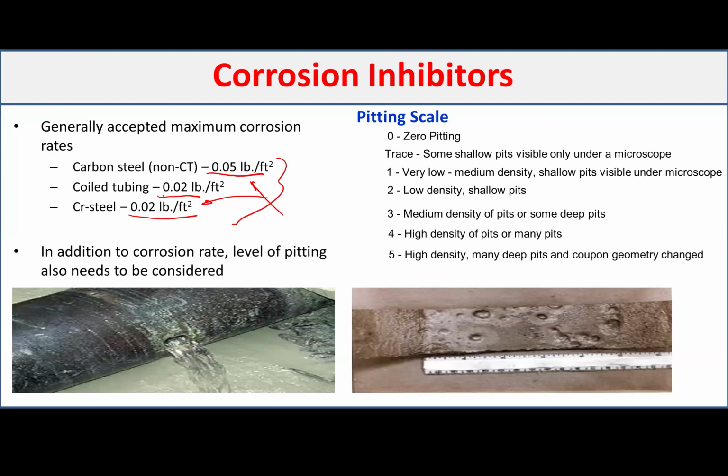So you have the corrosion rate, and you have something called the pitting scale. Pitting is something like you can see here, like you see this bug or this hole or this punch inside the steel. That's something we call pitting. And we have a scale going from 0 to 5. That's the standard pitting scale. And depending on how severe it is, you are going 0 when you have no